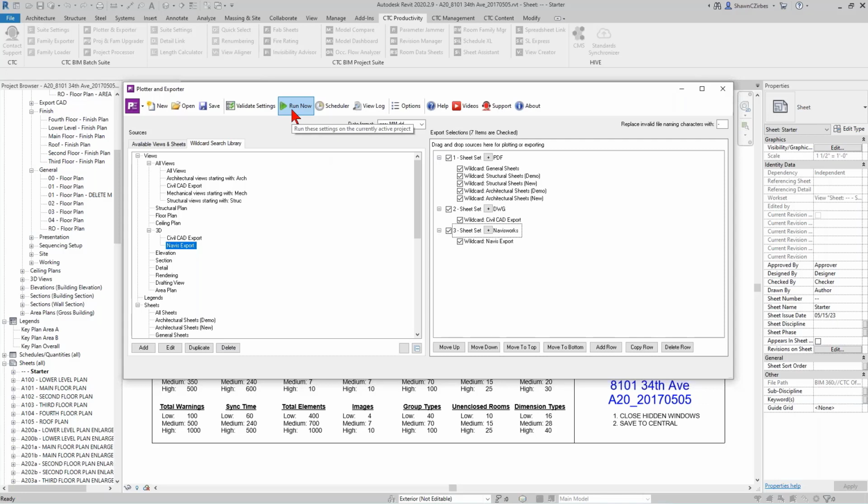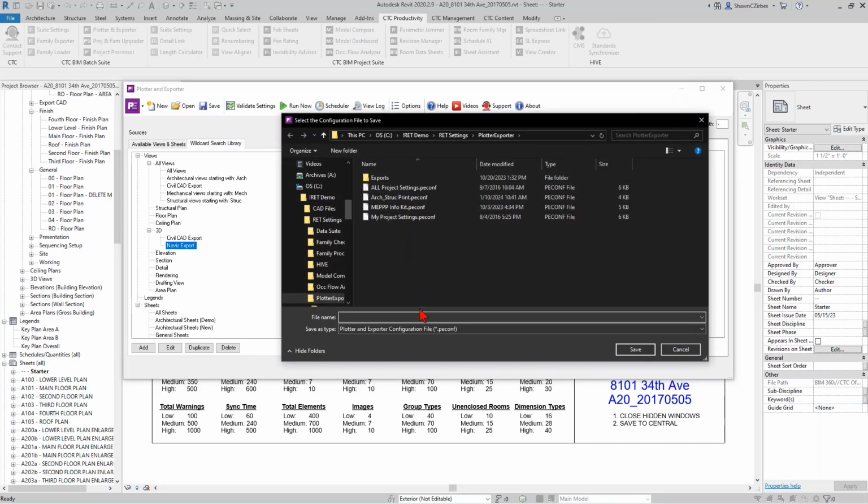I can go grab lunch and it will be done when I get back with all of the sheets in exactly the right order, all my drawings done, my Navisworks files, and I never have to babysit this again. Massive, massive time savings. Let's save this. Let's call this webinar export. I'm going to give this a date,